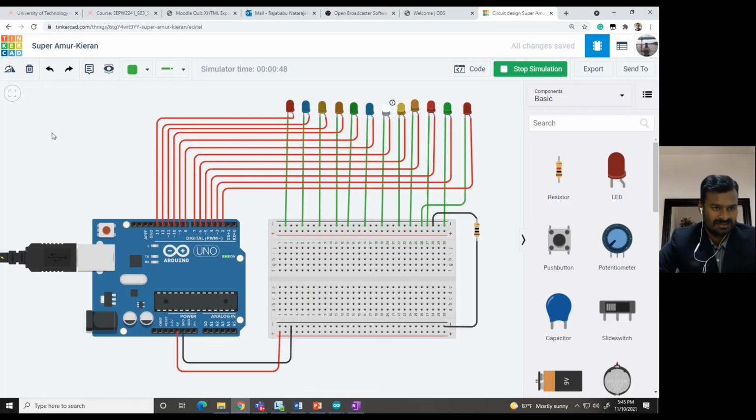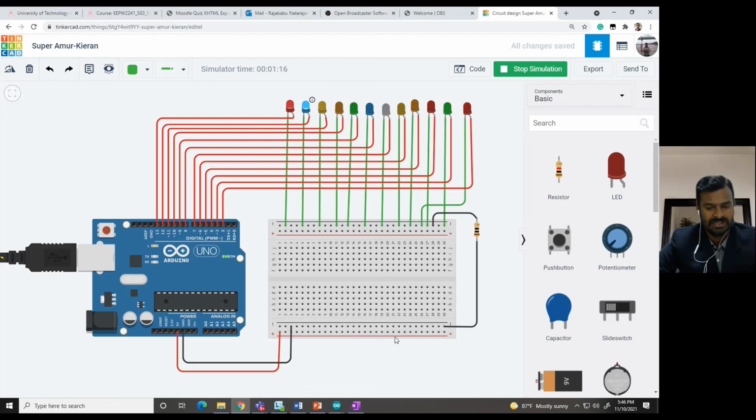This software is very good for beginners and learners to learn many Arduino-related programs. Actually, we need not buy the materials, and we need not have the breadboard, power supply, and so many other things. We can just have Tinkercad installed. It is 100% free. You can install it on your computer and connect these one by one.